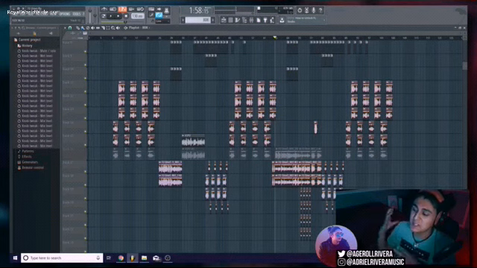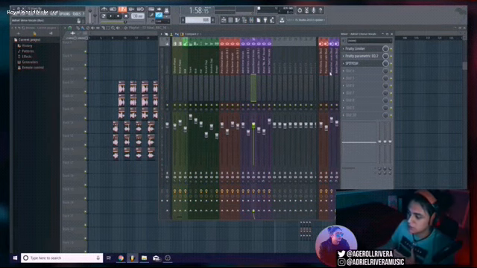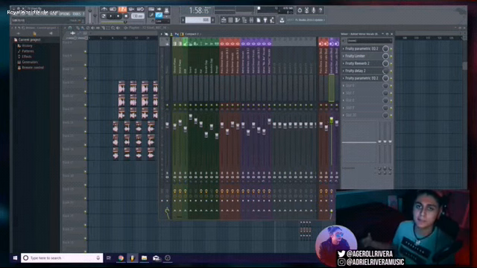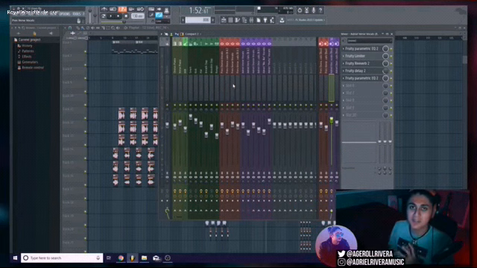And like I said before, it still sounds good, but it sounds a lot better when you have those background vocals. And obviously those background vocals are going to be routed into the bus. So when we adjust the master volume of all of the vocals, it's going to be a lot simpler and a lot easier. Another thing you can do if things aren't sounding right is adjust the elements of the beat